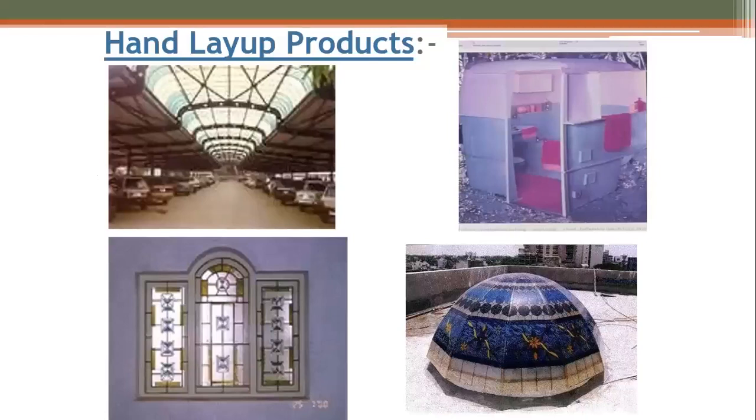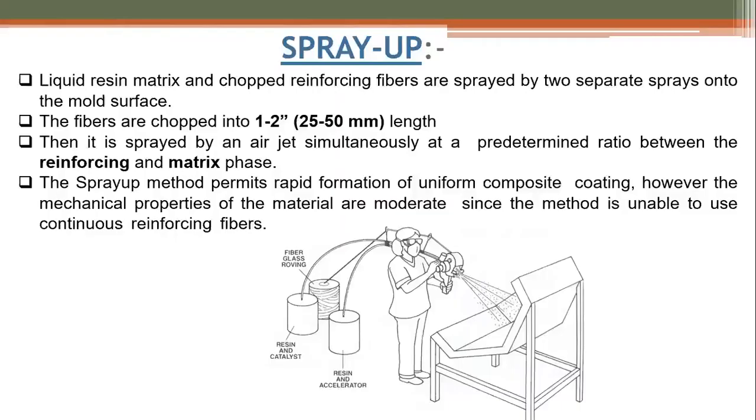So that is the window doors and some automobile molds, and closed open air mold, and the other one is the umbrella mold. So these are the different types of purposes. These are used for the different types of purposes. So these can all be made from the hand layup method only.